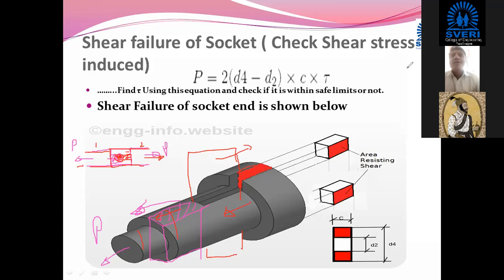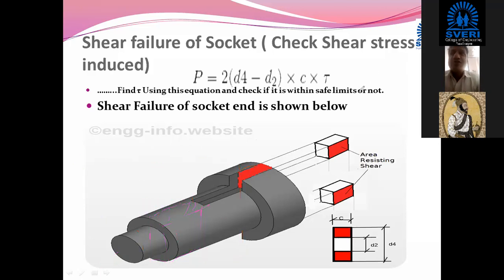Okay, these are the things which we actually have to ask ourselves while we are studying such type of designing. Now when we are going to apply this criteria, that is the shear criteria, then we have to calculate what the shear area will be. When this socket gets sheared out, this rectangular part will come out, and this rectangular part also will come out. But actually the area which is undergoing shear will be this area,